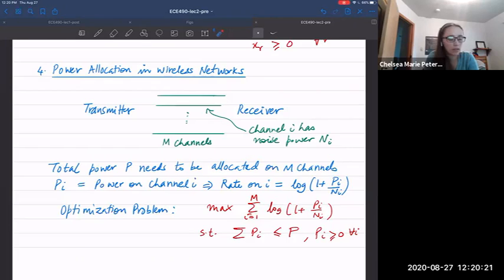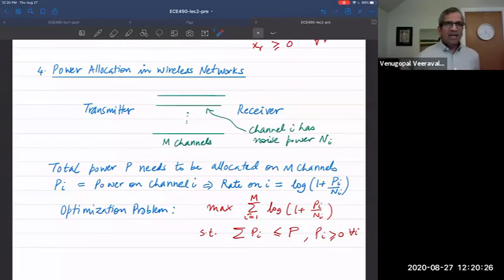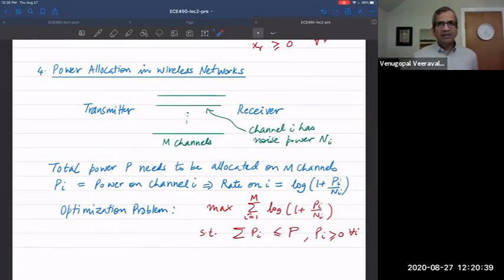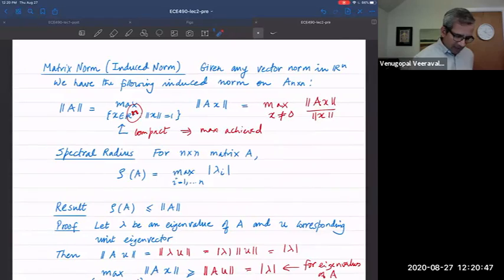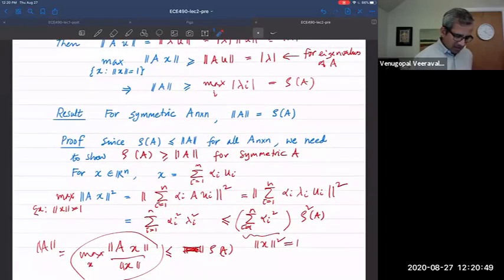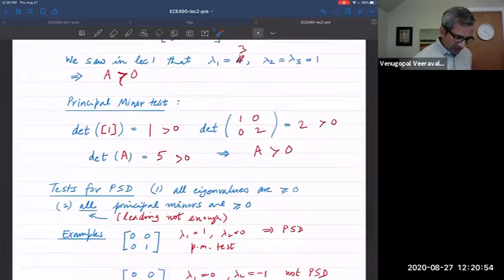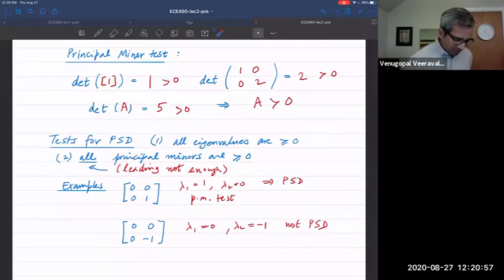Can you clarify what a leading principal minor is? Oh, so leading, basically you keep the first k rows and first k columns in the matrix. So you keep getting bigger, like k by k spaces. You basically go down the diagonal. That's why it's called leading, and those are called the leading principal minors. Whereas if you include the other principal minors, then you could, for example, this could be